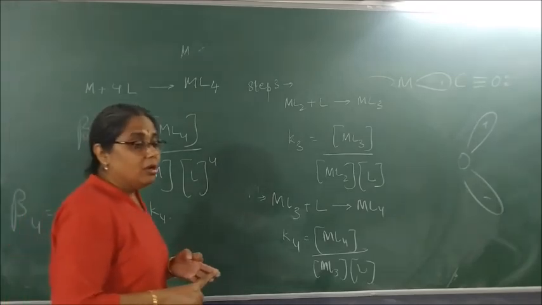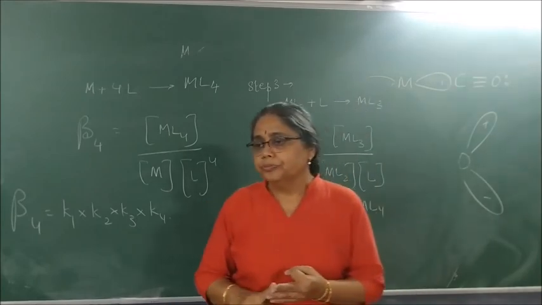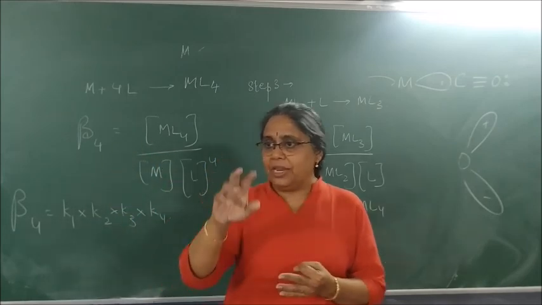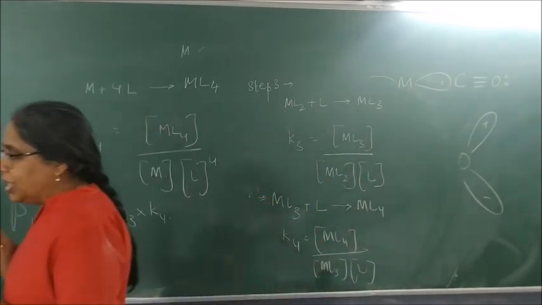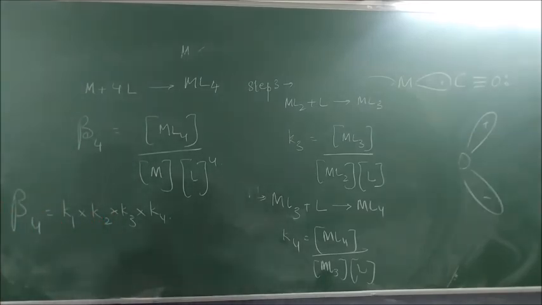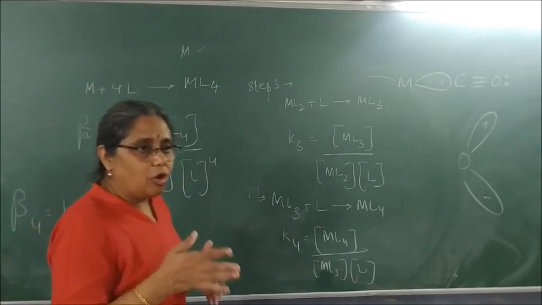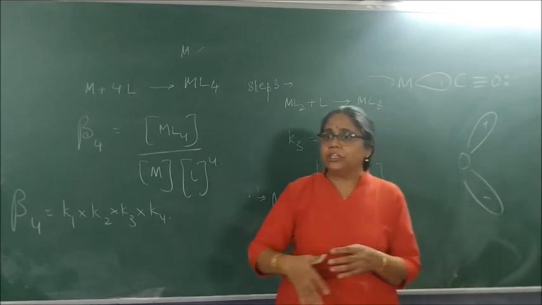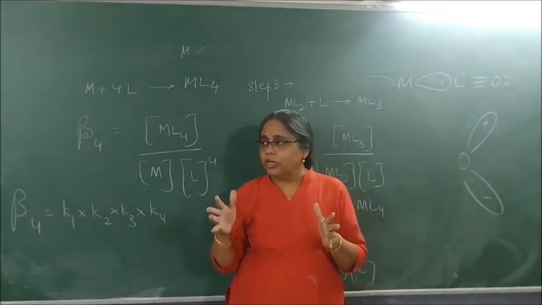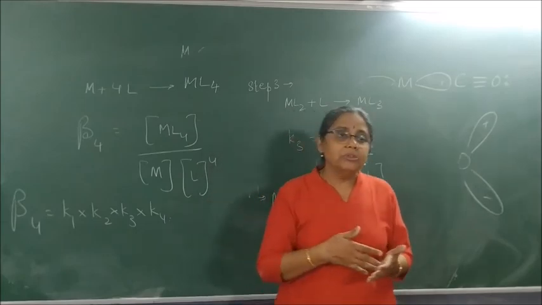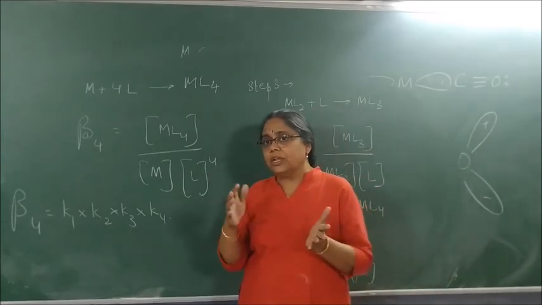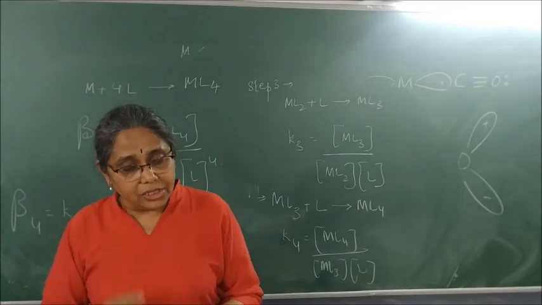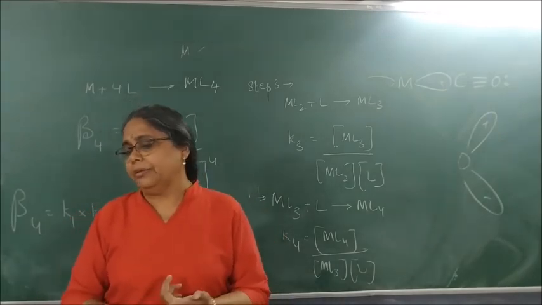Next, Werner's theory of coordinate compound. What is Werner's theory? Each metal atom has two kinds of valency, primary valency and secondary valency. Primary valency is ionizable, according to its oxidation state. Secondary valency is non-ionizable, according to its coordination number. Secondary valencies are arranged in a particular fashion which gives its geometry, called the coordination polyhedron. The negative atoms can satisfy both the primary valency as well as the secondary valency. This is called Werner's theory.